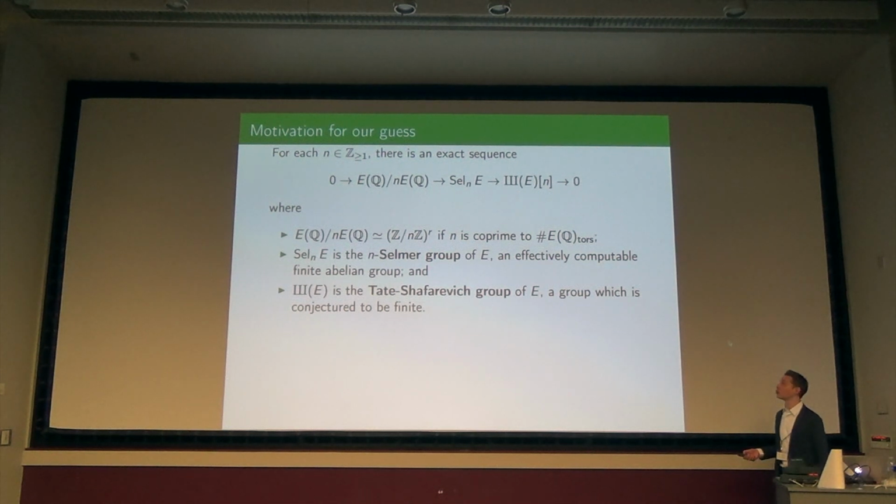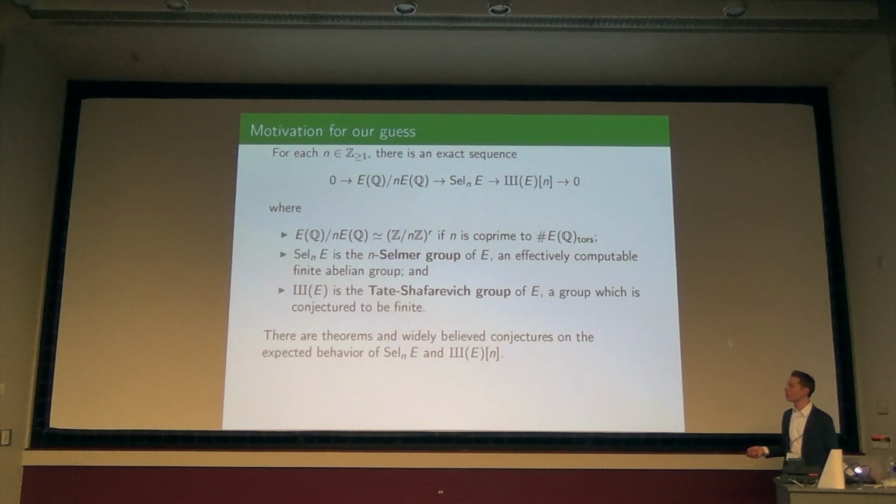If I knew that Sha was finite, then I could take n large enough and really discover the rank this way. It's not known if Sha is finite, but maybe we'll assume it while we're guessing heuristics. It'll be the least obnoxious thing that I assume along the way anyway. But what this means is that this abelian group sits naturally in the exact sequence. So if I was going to model things for you, it would be a little weird to model this without also modeling these things, which are really intrinsic to the study of elliptic curves.